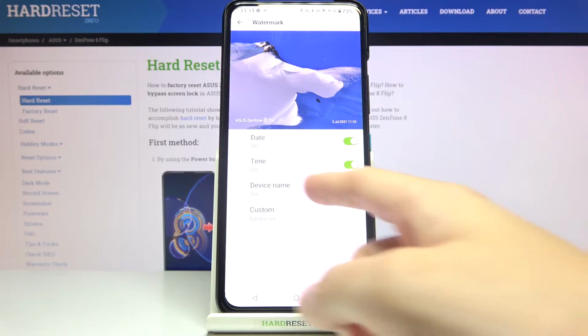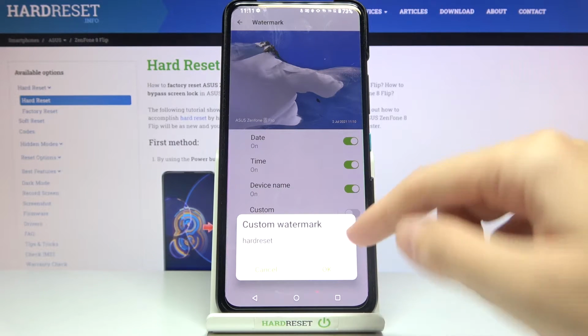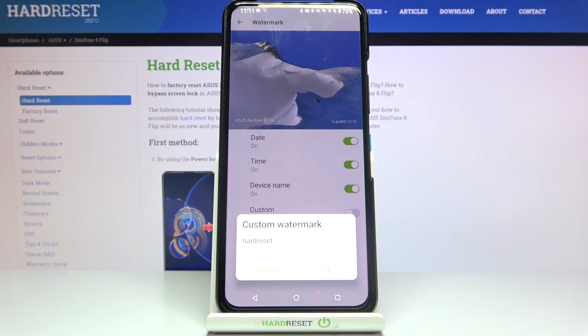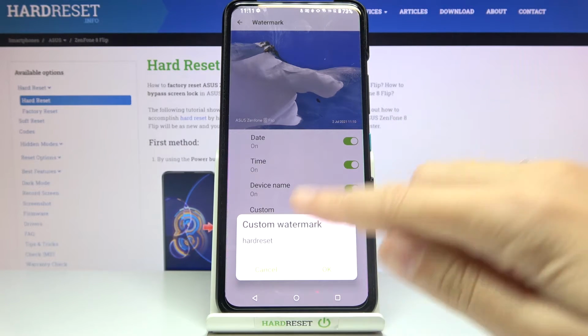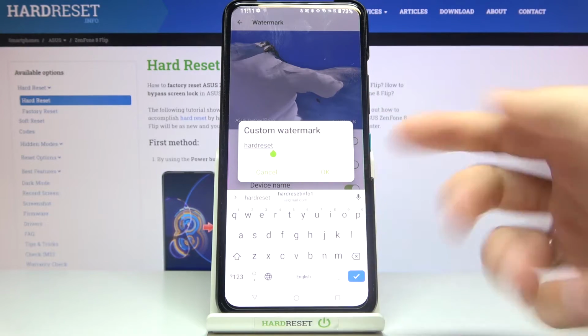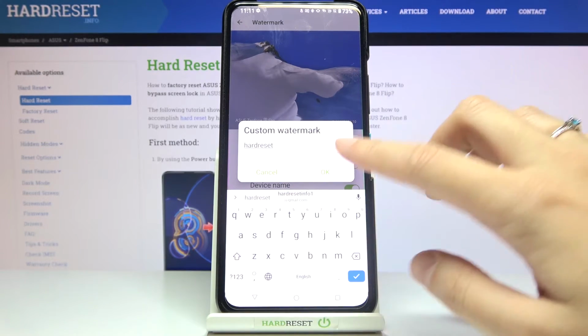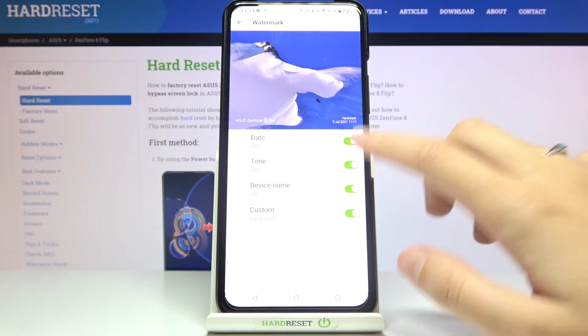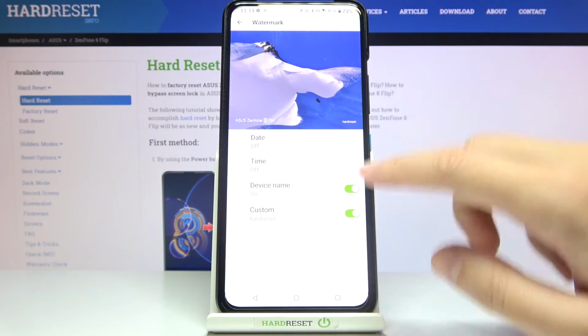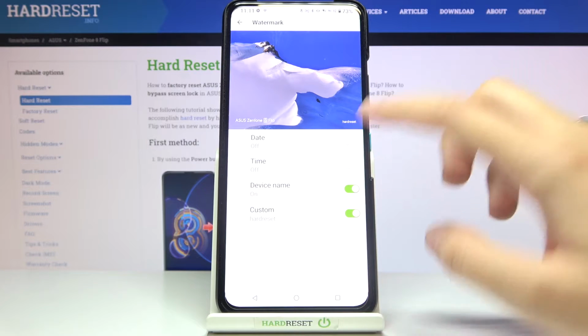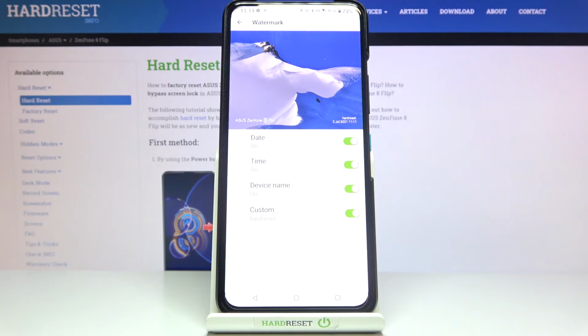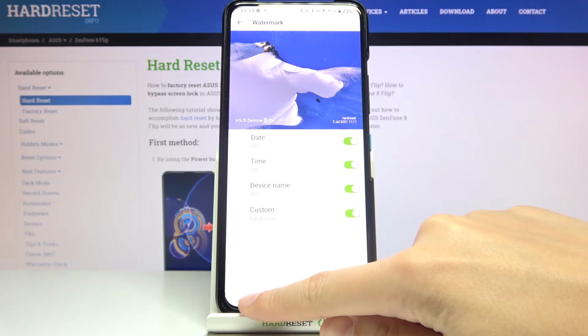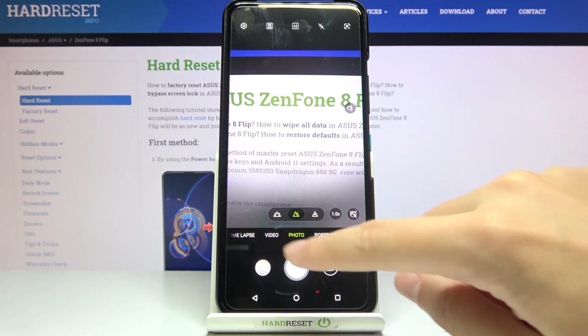And the last one is the custom, so by using also the button from the right we can turn it on and off, and here we can add our own watermark, for example as you can see, the hard reset. And OK, and by using these buttons of course we can manage them. We can add just one, two or three and four at the same time as we need. Now let me keep all of them turned on, and let's move back to the camera to see them